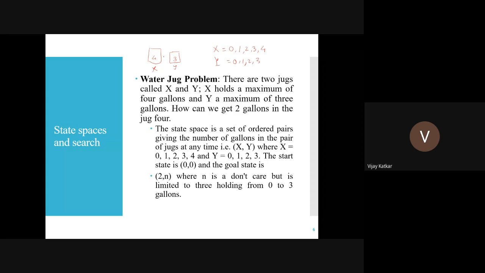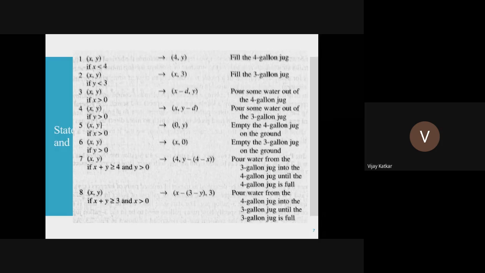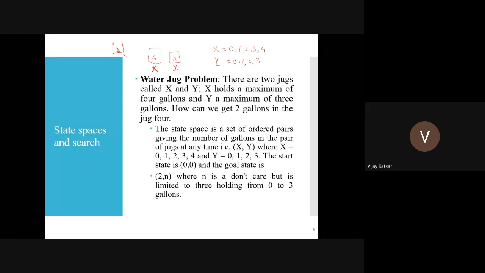The problem says that using anything that you can do, ensure that there will be exactly 2 liters of water in jug X. We don't have any measurement scale. We want to do some process in such a way that jug X will contain exactly 2 liters of water. Jug Y can contain 3 liters at max, jug X can contain 4 liters at max, but we want jug X to contain 2 liters.